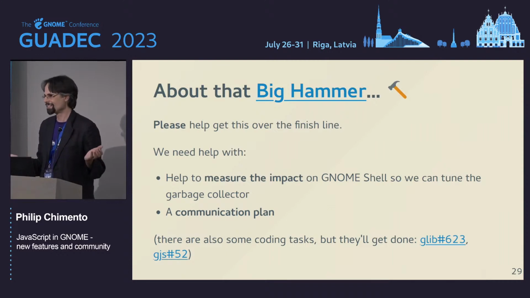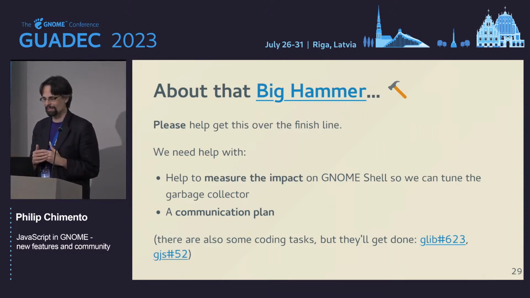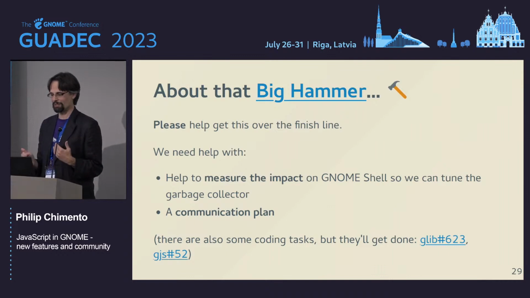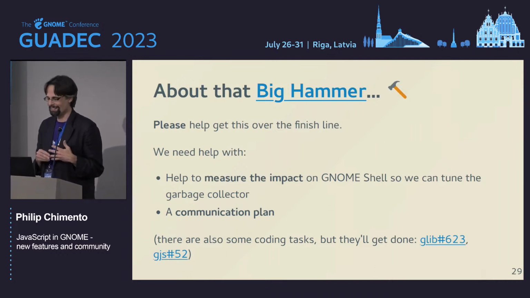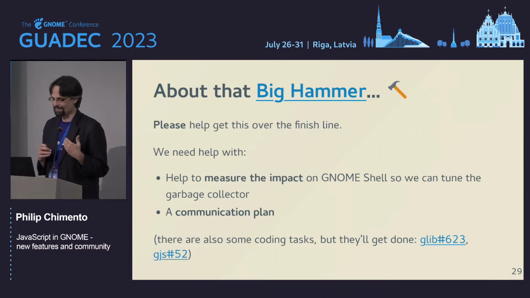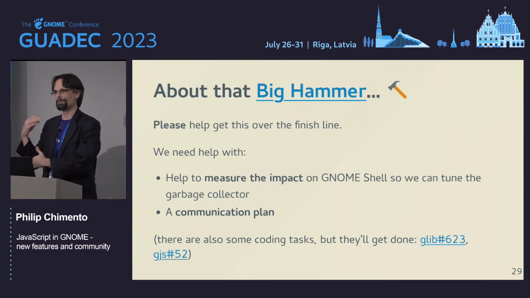Running the garbage collector every 10 seconds is obviously bad for performance. We've had a fix mostly finished for several years, but the problem is that if we merge it, then counterintuitively, GNOME Shell's memory usage will go up again because we're no longer over-collecting the garbage. And users do watch this stuff. And so if we do that without some sort of